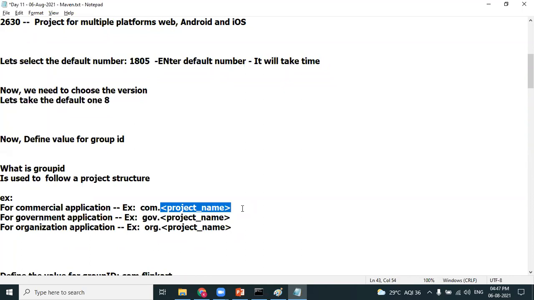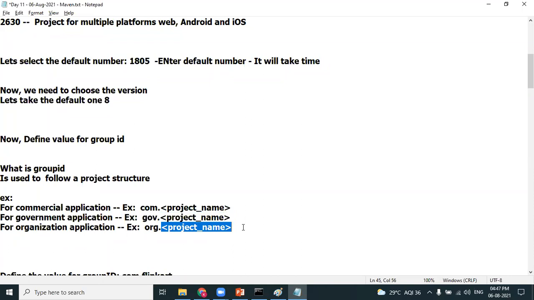If you're building a government based application, your group ID should follow the convention gov.projectname. If you're building a project for a non-profit organization, you mention org.projectname. This is the convention we need to follow when building an application.